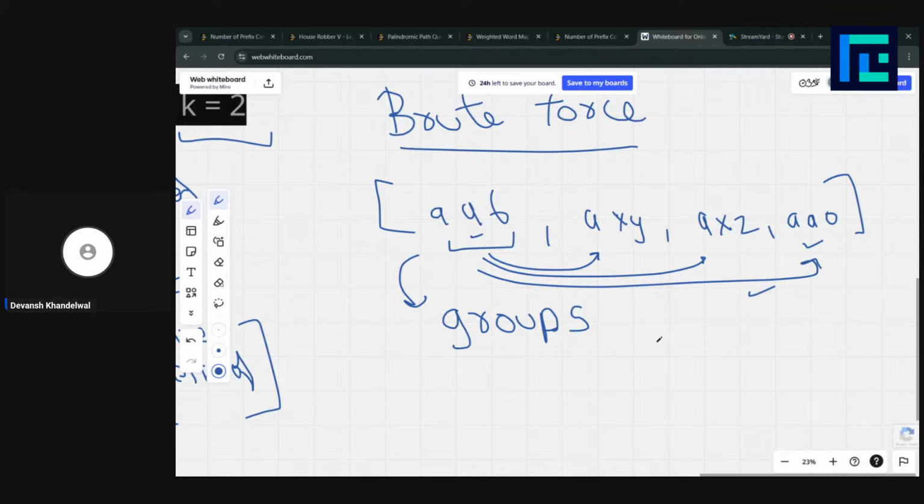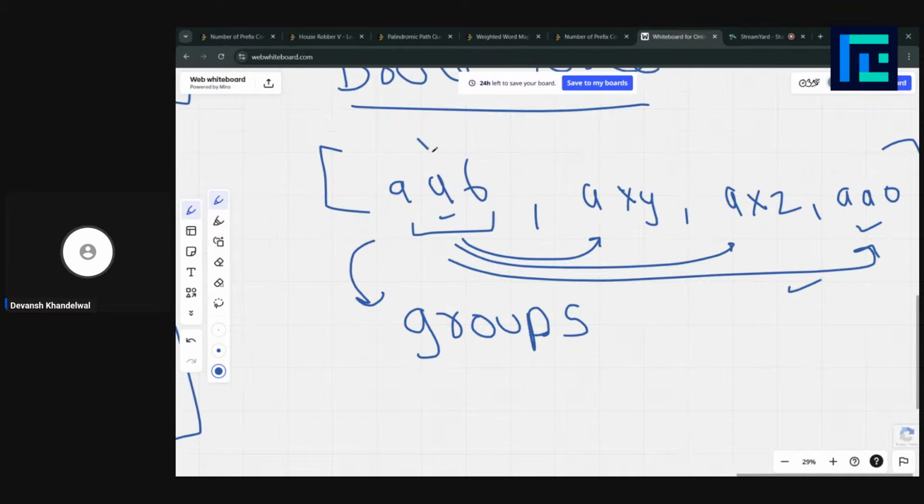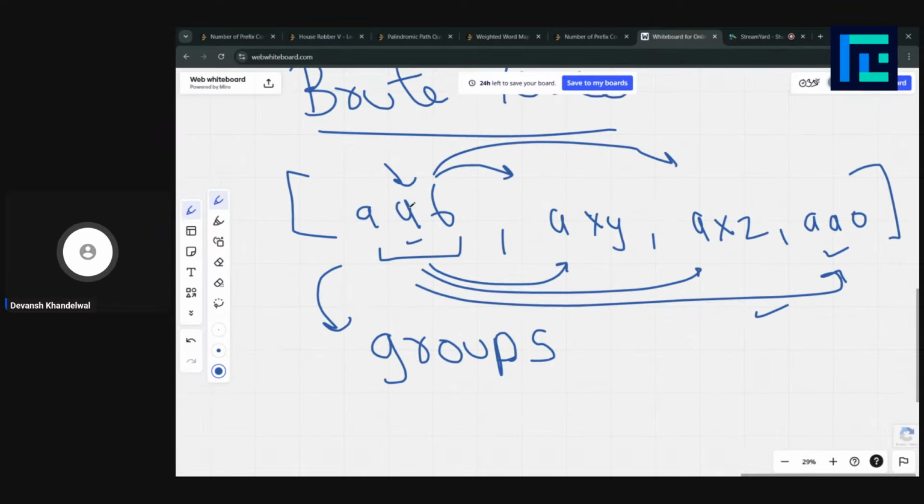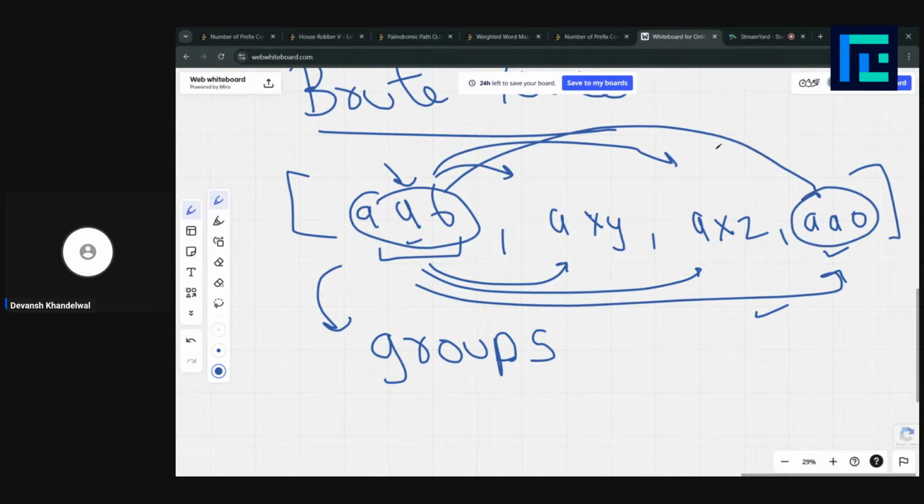So this is the brute force solution. We could start from here and check if it's already marked visited or not. Then we could check for each pair of non-visited strings in the words whether it is prefix connected with something or not. And then we mark this string, along with all the strings it is prefix connected with, as one group.